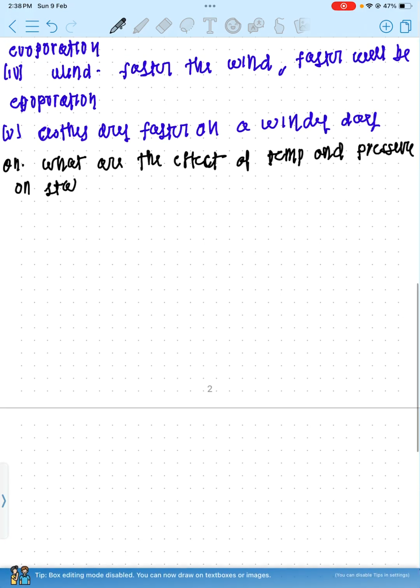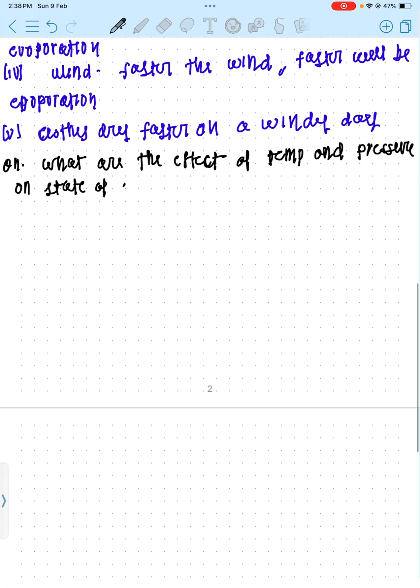Okay, now think once, what effect do temperature and pressure have on the states of matter? So first, there are three states of matter: solid, liquid and gas. And they are changed by changes in the temperature and the pressure, right? Now the first point that we'll write here is